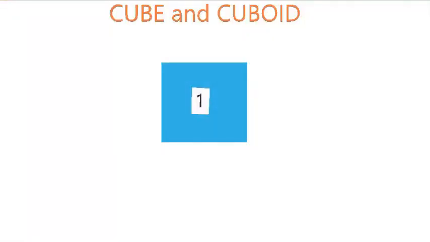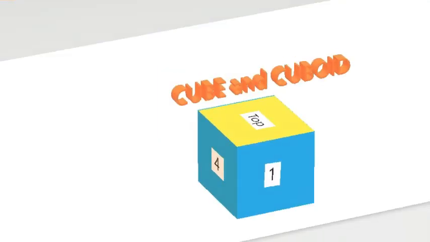So we are going to study about cube and cuboid in more detail. What you see on your screen is a square. I have marked it 1, but actually it's not a square, it's a cuboid. Okay, but what you studied about squares in previous classes is going to be required for the cube also. You studied in a previous class that a square is what? When all the four sides are equal. In the same manner, in a cube there are 6 squares, and all the squares are of equal size.